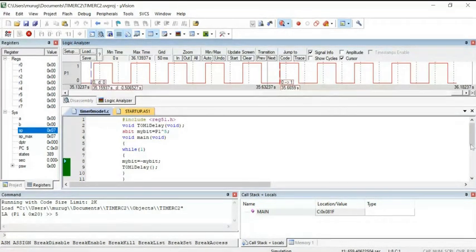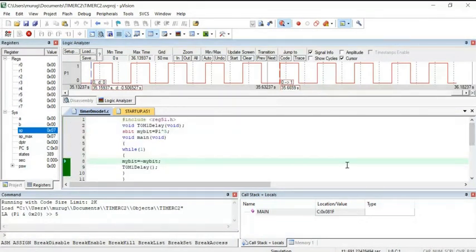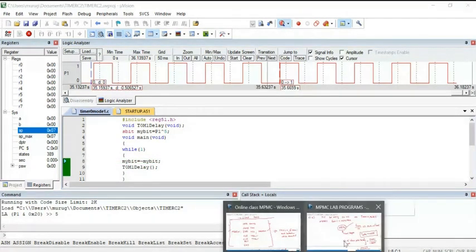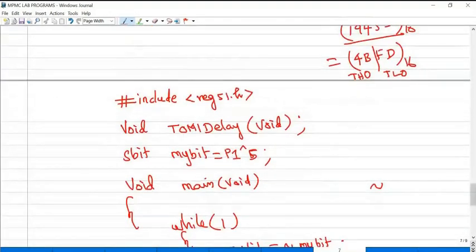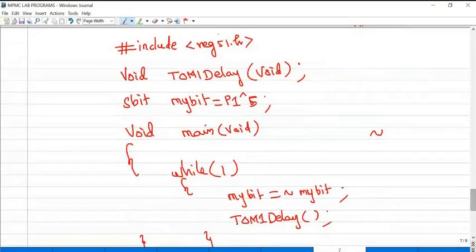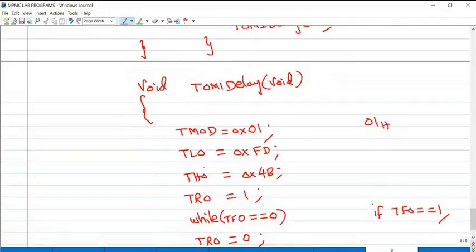So this is the way to write your C language program. For our theory examination, I think they won't specify to write the program using embedded C. So this program is called embedded C. Embedded C is ordinary C language, but we are incorporating the microcontroller related information: port 1, 5th pin, and the T mode register, TL0, TH registers. Okay, so like this.